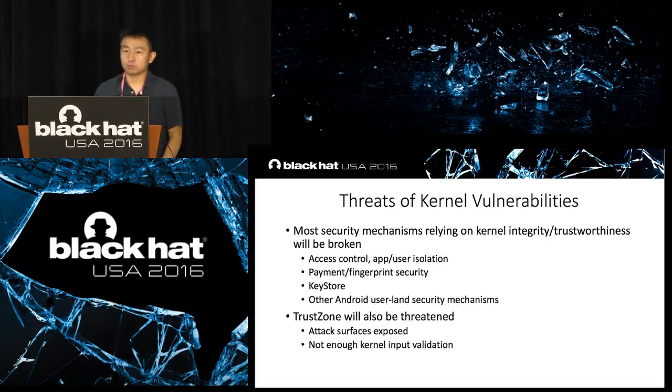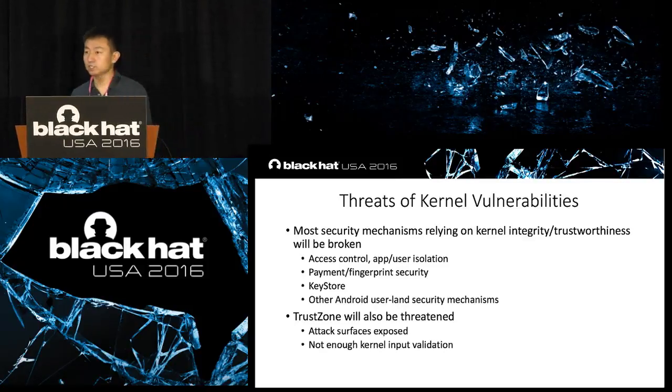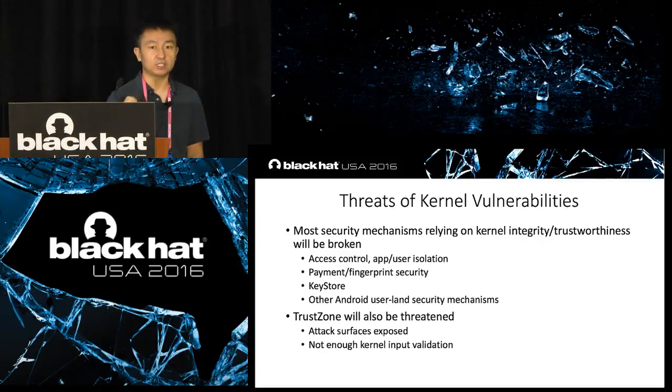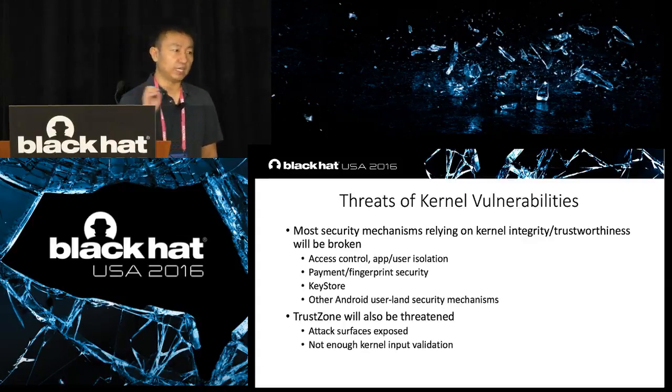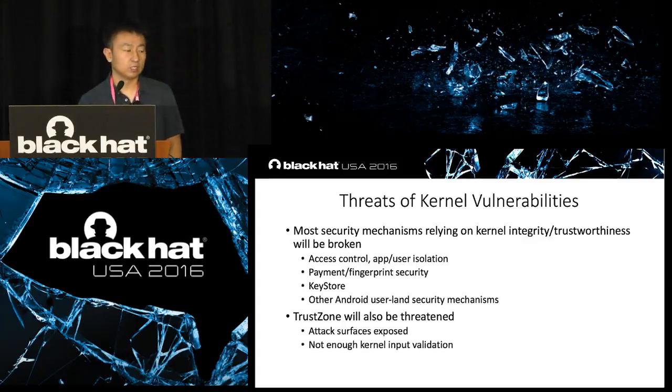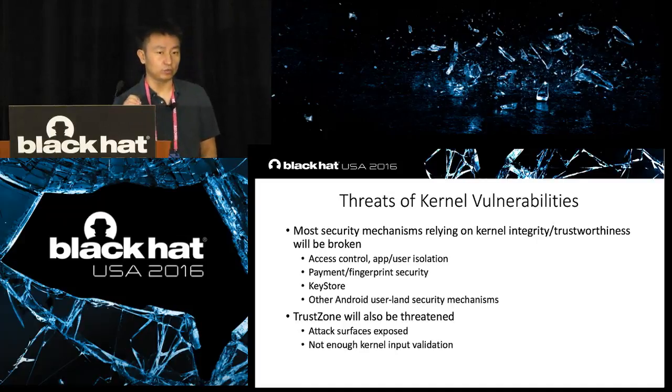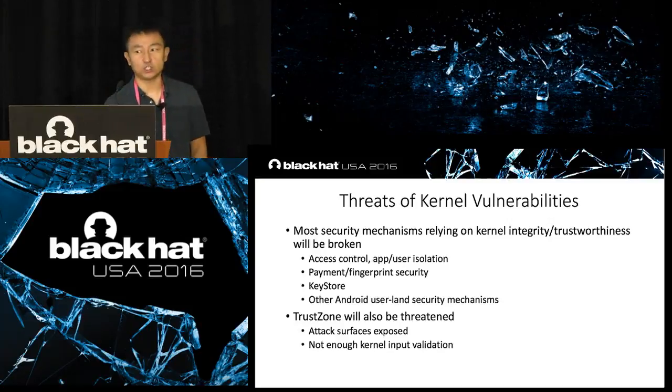To mitigate this challenge, the Android ecosystem deploys a trust zone. However, even the trust zone will be threatened after being rooted, because the trust zone cannot validate the kernel input sources. Hence, the trust zone cannot tell the difference between benign inputs and malicious inputs, so attackers can try to provide some fake inputs to make the trust zone make wrong decisions.